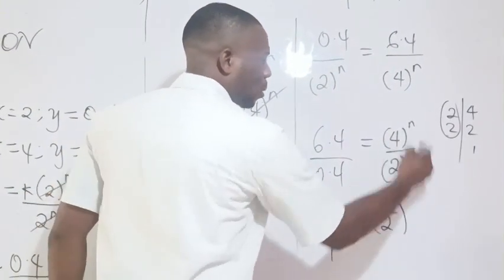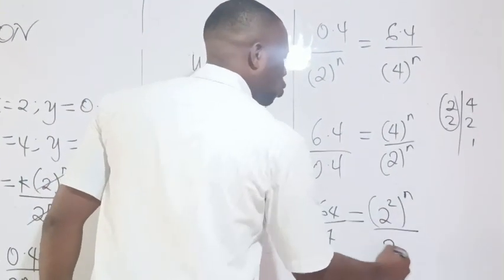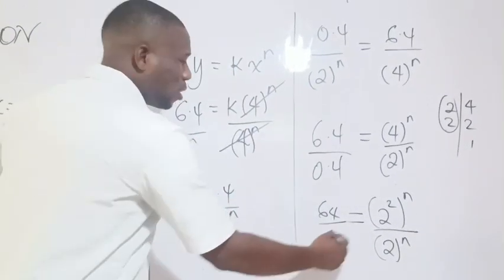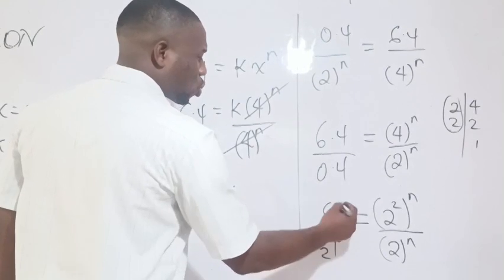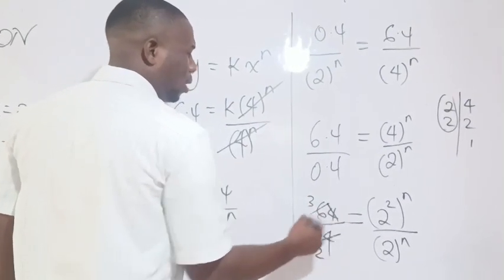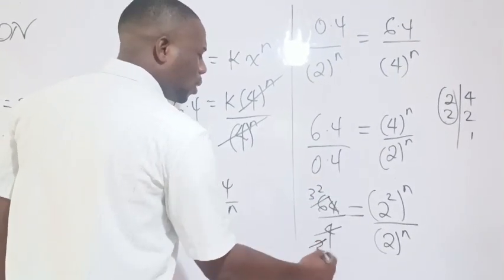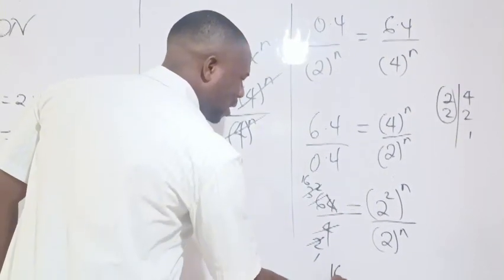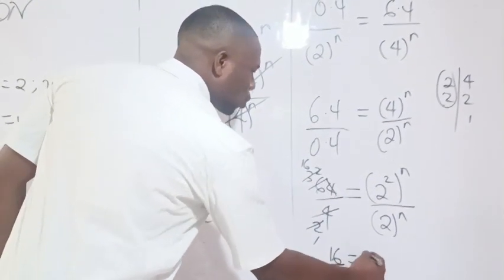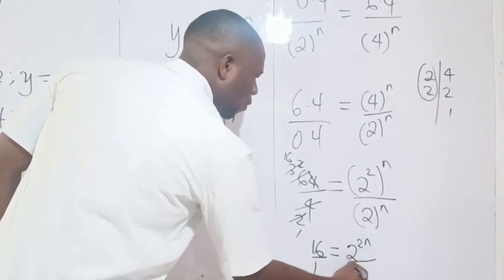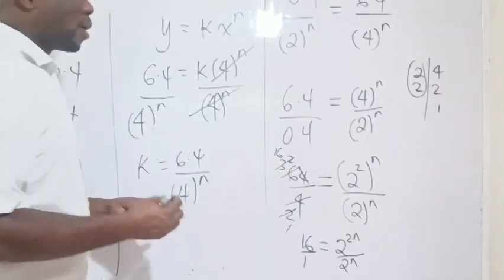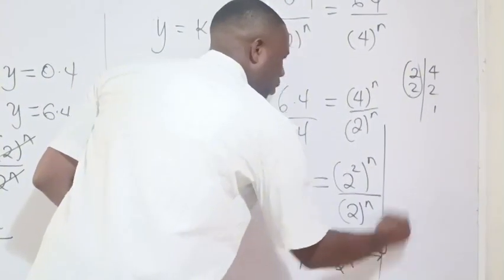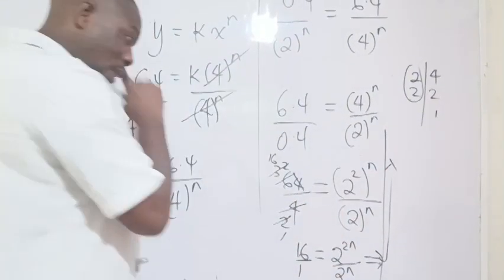And of course, this is raised to the power n here. Then I have 2 raised to power n. Now, 64 over 4, clearly, 2 in 4 is a 2, 2 in 6 is a 3, 2 in 4 is a 2, 2 in 2, 1, 2 in 32 is 16. So I'm left with 16 over 1 is equal to 2 raised to power 2n over 2 raised to power n. All right, so let's proceed. Let me conserve this space a little. Now,